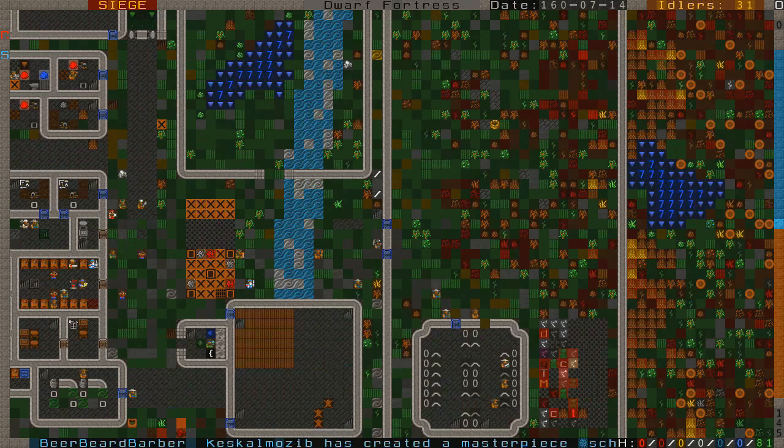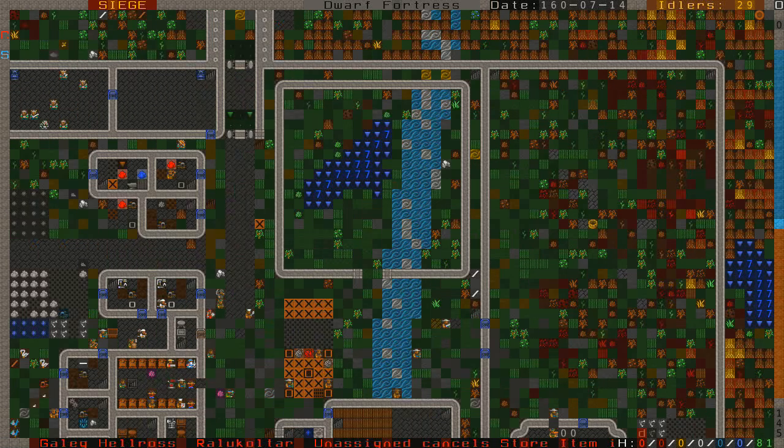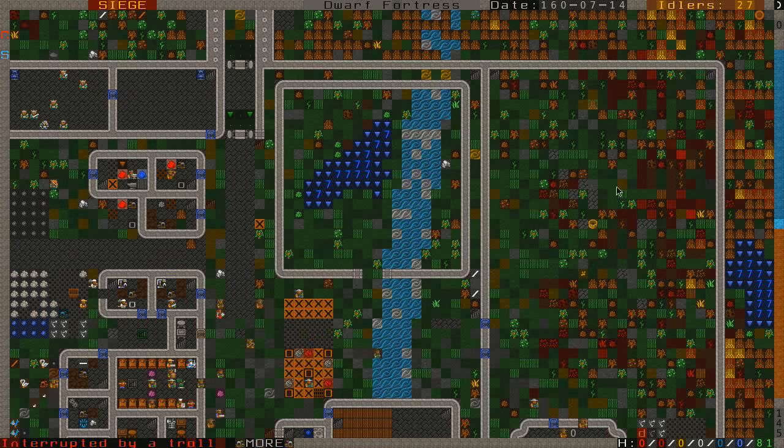And we're just keeping firing on these guys. I guess we can start planning out the hospital while we're waiting here. So I want the hospital being here somewhere, but what I need to do is I need to create like